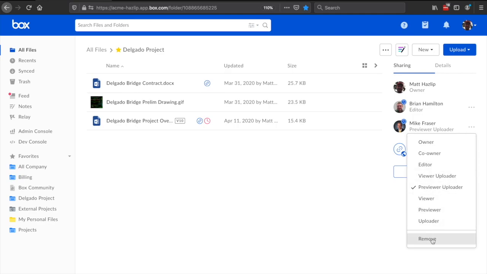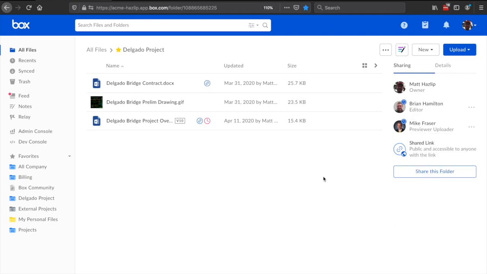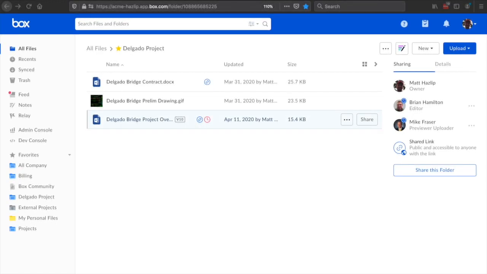Naturally, our content policies will help to prevent us from accidentally sharing sensitive content with people who shouldn't be seeing it, but we are the first line of defense, so be sure to select the permissions carefully. You can see that Box makes it really easy to share documents securely, but in addition, Box also gives you